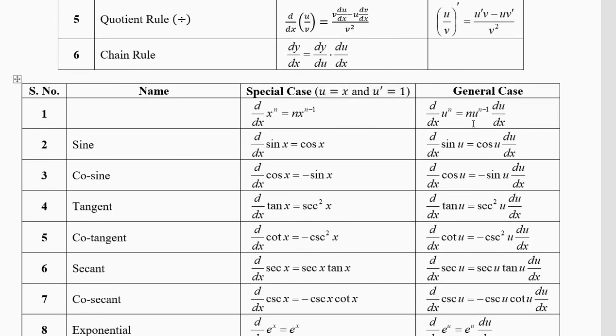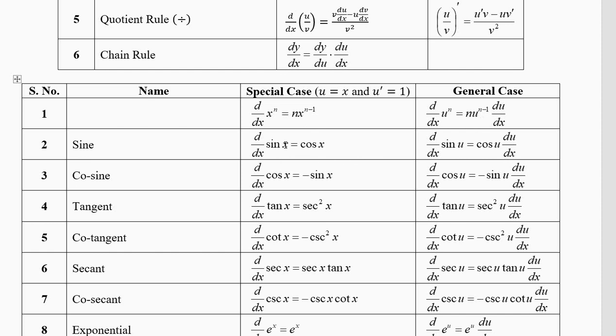Now what happens? Sometimes you have a power of a function. So you do n u power n minus 1 du by dx. If u equal to x, u prime equals 1, so this du by dx becomes 1. There is a 1 sitting here, here, here. It is not visible; there is no need to write 10 into 1 equal to 10, so we do not keep writing 1 again and again. But here this du by dx is very important. If it is not 1, we have to take care of it. So the derivative of x power n is n into x power n minus 1, and of u power n is n into u power n minus 1 du by dx.